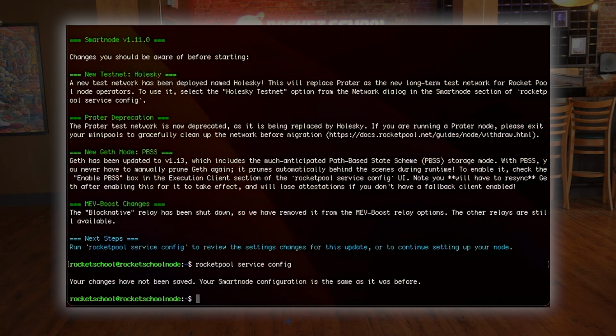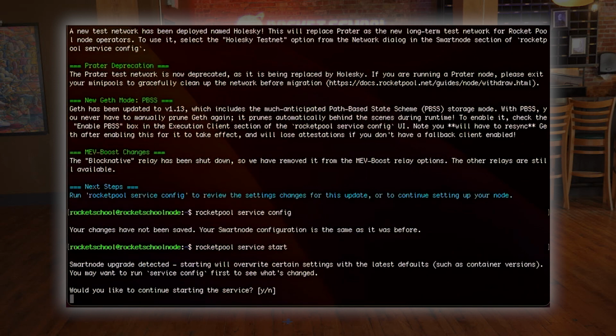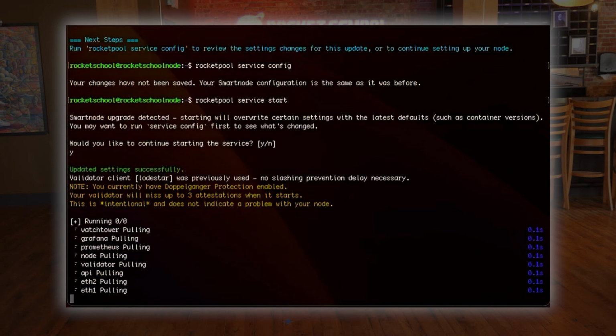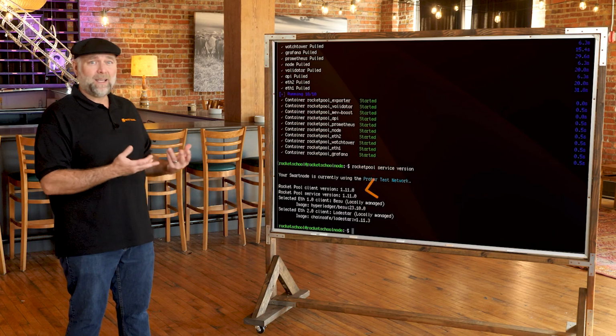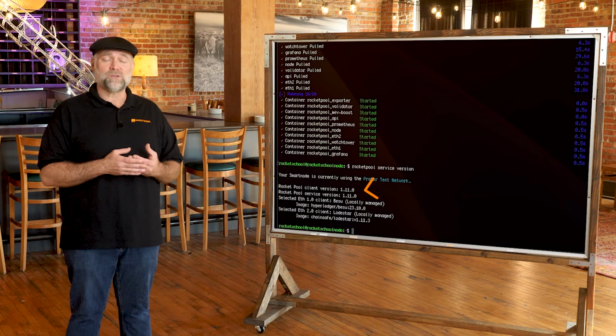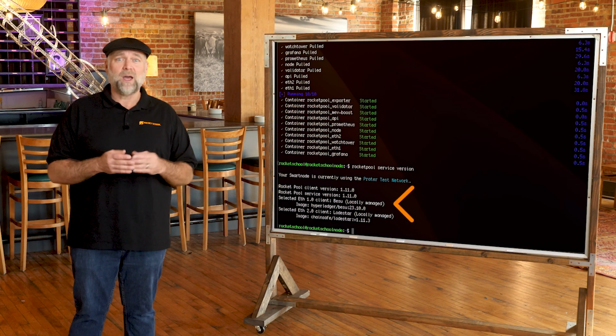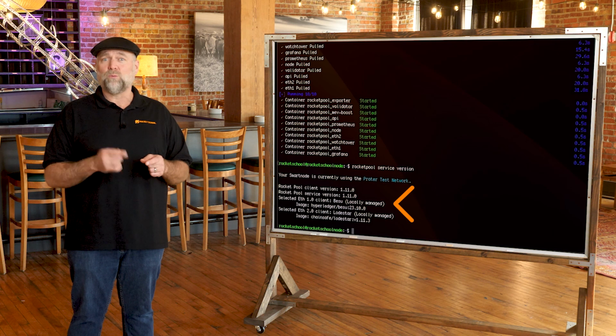It's time to restart the Rocket Pool service, and we can do this by entering rocketpool service start and pressing enter. Type Y for yes and proceed. Now we see the service starting up, and after a few moments or minutes, our node is back online and staking. Trust but verify. Let's check our versions again by typing rocketpool service version. As we can see, our Rocket Pool client and service version are 1.11.0. Besu has upgraded from 23.7.1 to 23.10.0,